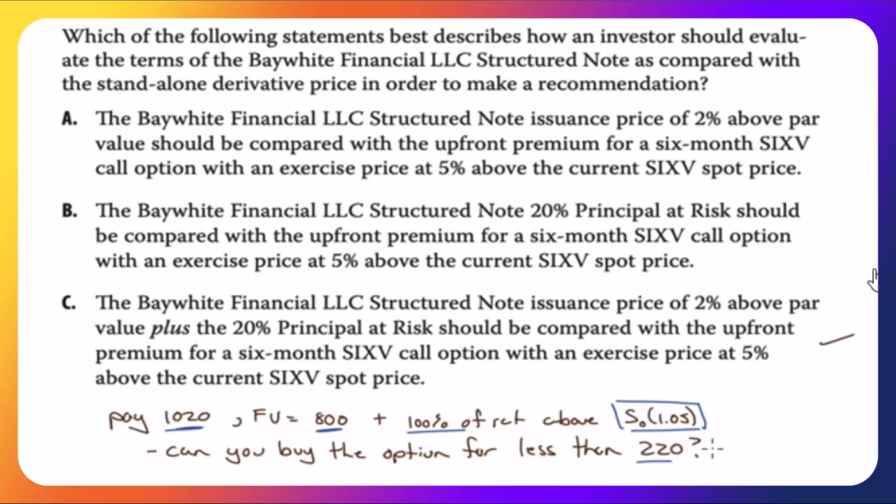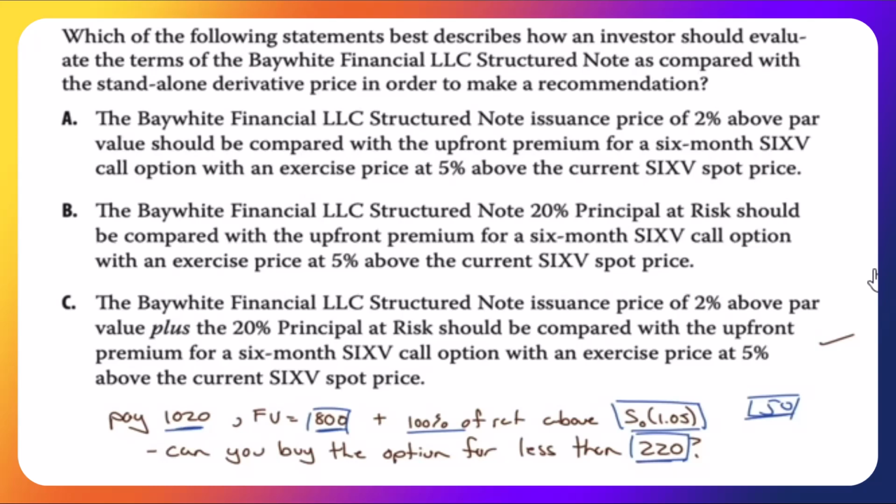And if you can buy the option, let's say you can buy the option for $50, why pay $1,020? Why not just pay the $50, keep the rest of your money, keep the other $970? If this doesn't pay off, you got $970 instead of $800. And if it does pay off, well, you only have to make the $50 back to get your money back. You don't have to make $220 to break even. You just need $50. You could do it cheaper yourself. Anytime you see a structured note, if you have access to markets, you can do it cheaper yourself.